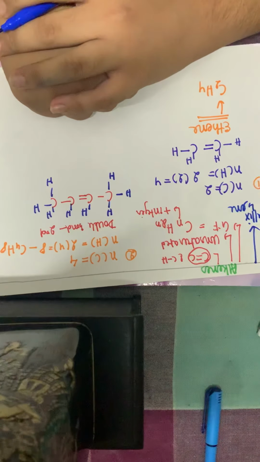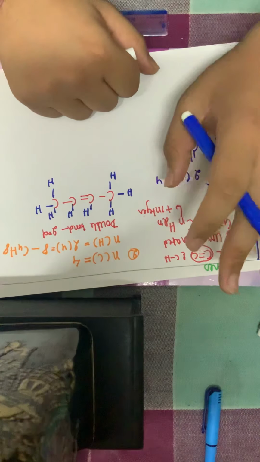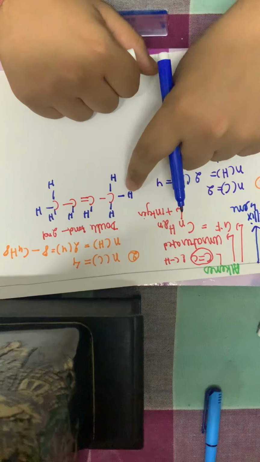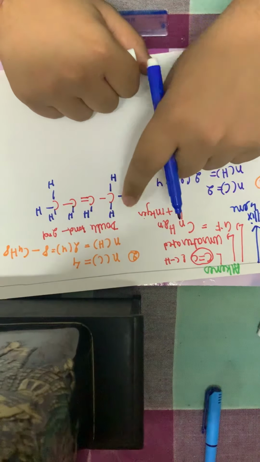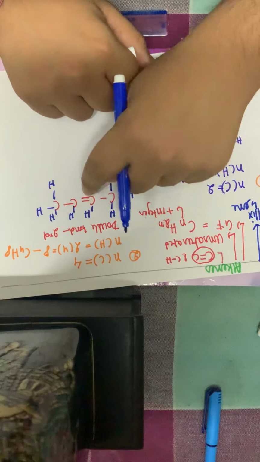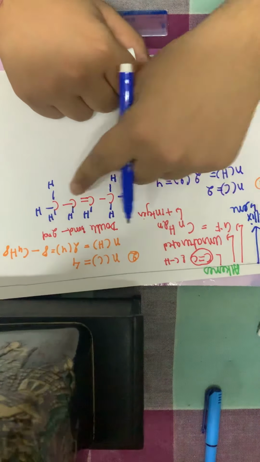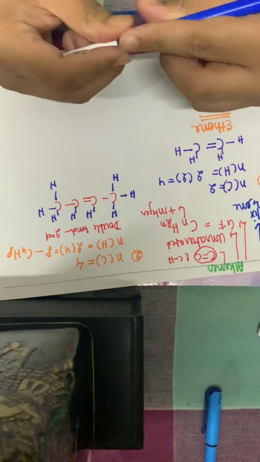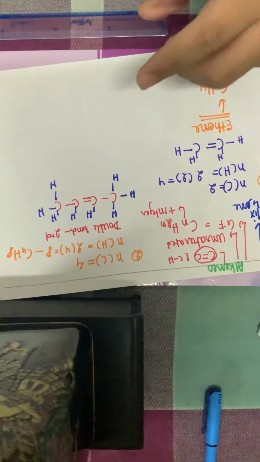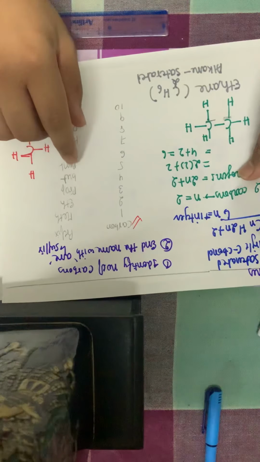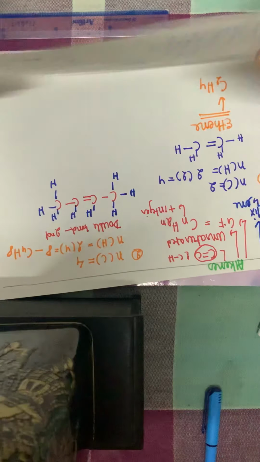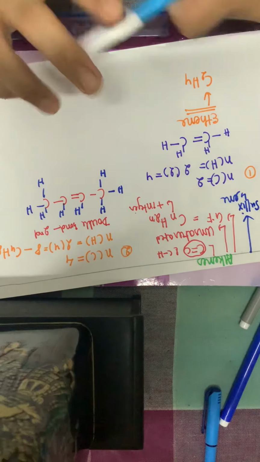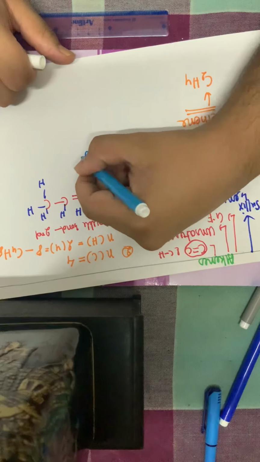So the simple way of satisfying the hydrogens in a structure is to see that each carbon has to get 4 bonds. Carbon here has 1 bond, so it will have 3 hydrogens to complete 4 bonds. Here it has already 3 bonds, 2 plus 1, so only 1 hydrogen is required. Same here and same here. Now naming, it has 4 carbons. For 4, the prefix which we use, as I told in the previous video, is but, B-U-T. So the name will be but and ene.